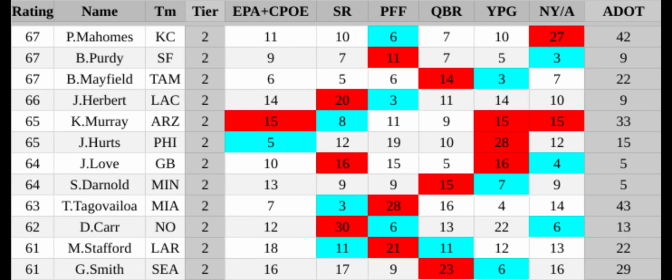Mayfield, really solid year. I think this may have been his best year, especially when you factor in Mike Evans was seventh in yards per route run. Chris Godwin was 10th, but he only played 7 games. And then Cade Otton was 28th for tight ends in yards per route run. So it was mainly Evans that was with Mayfield.